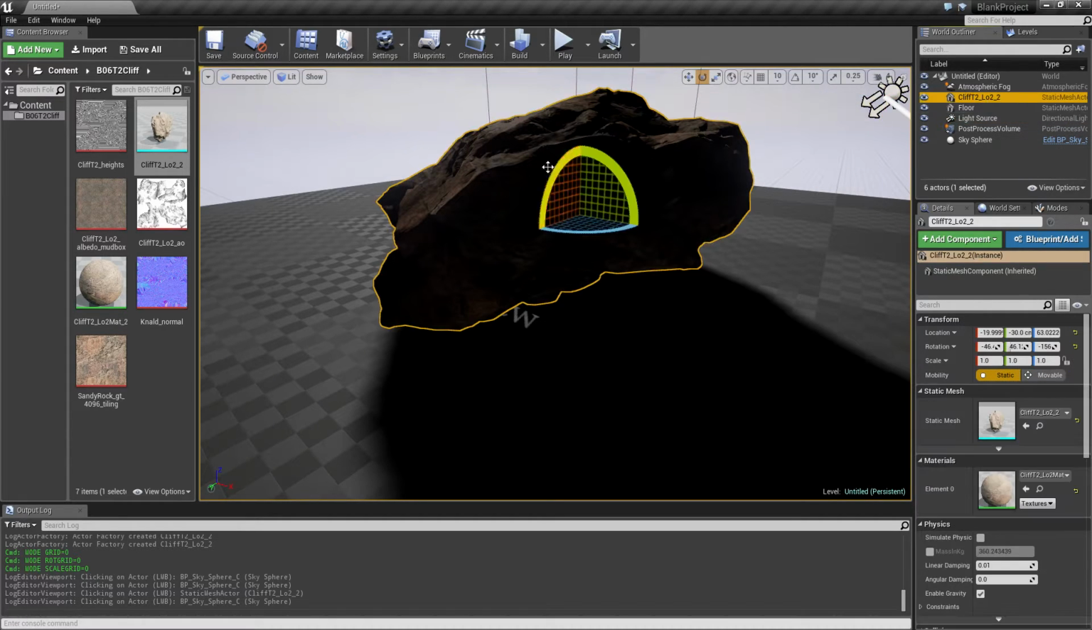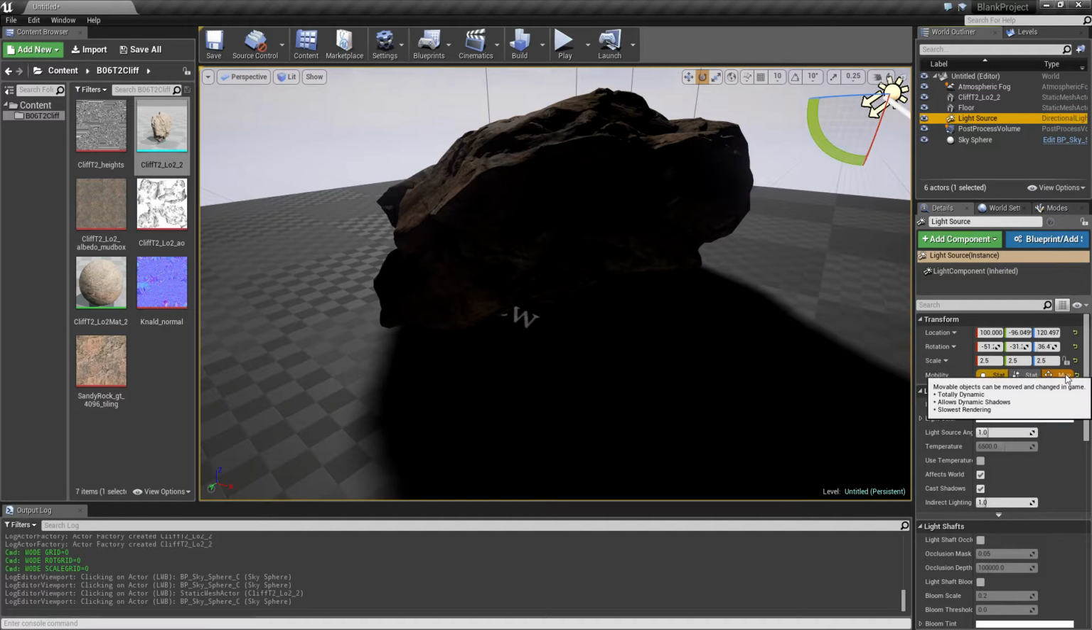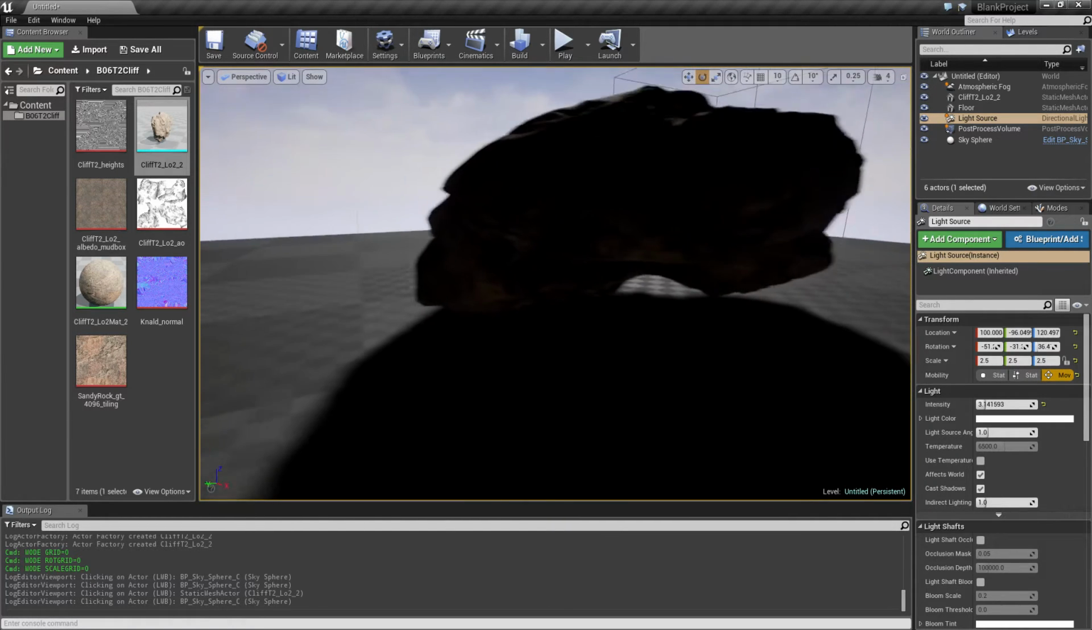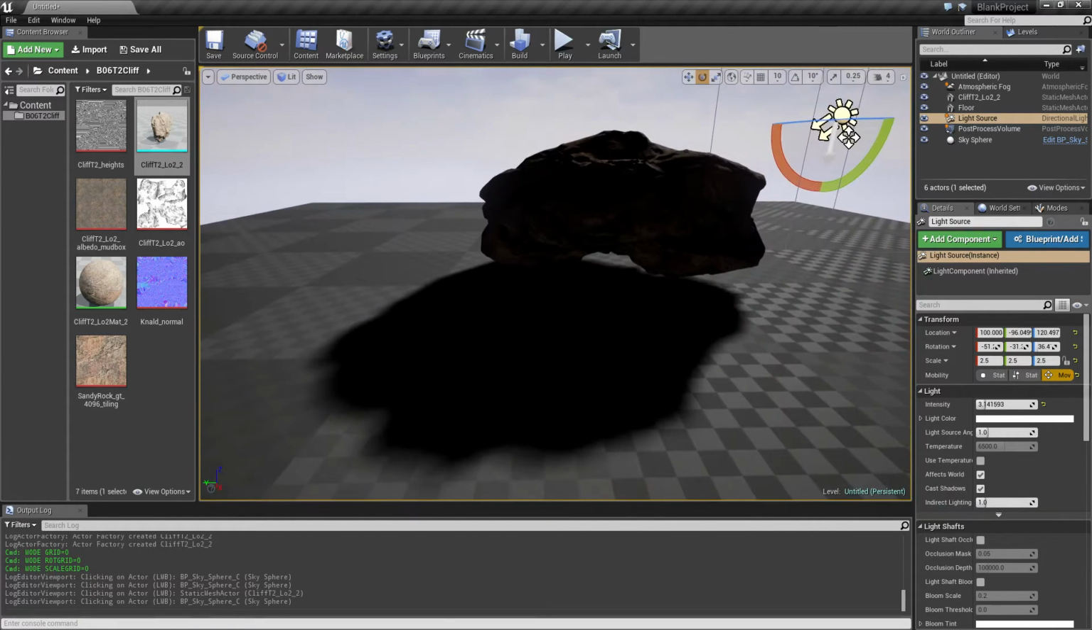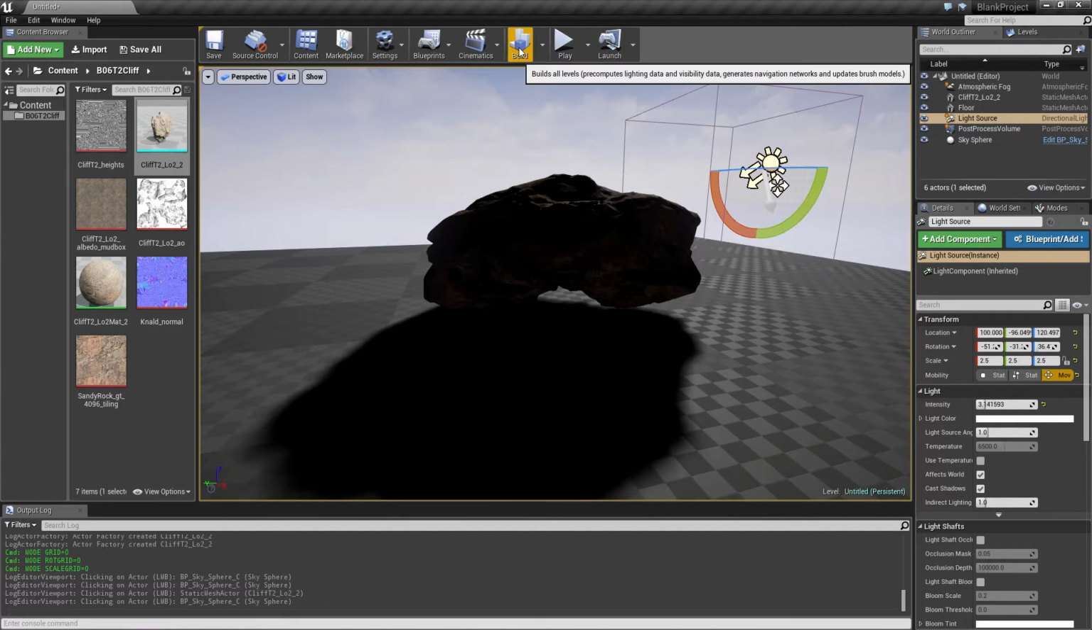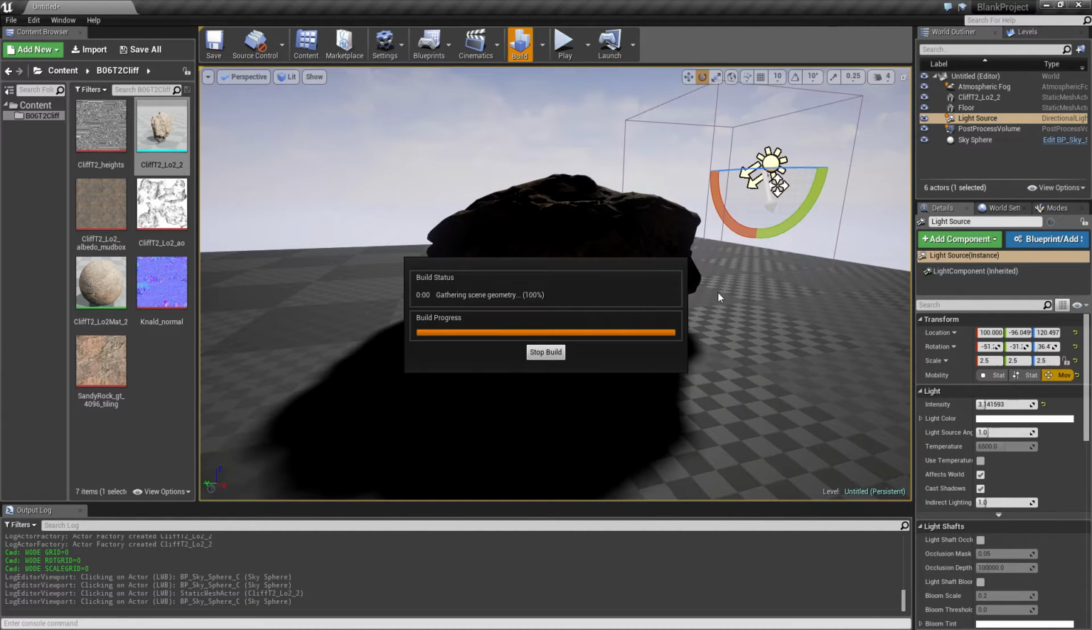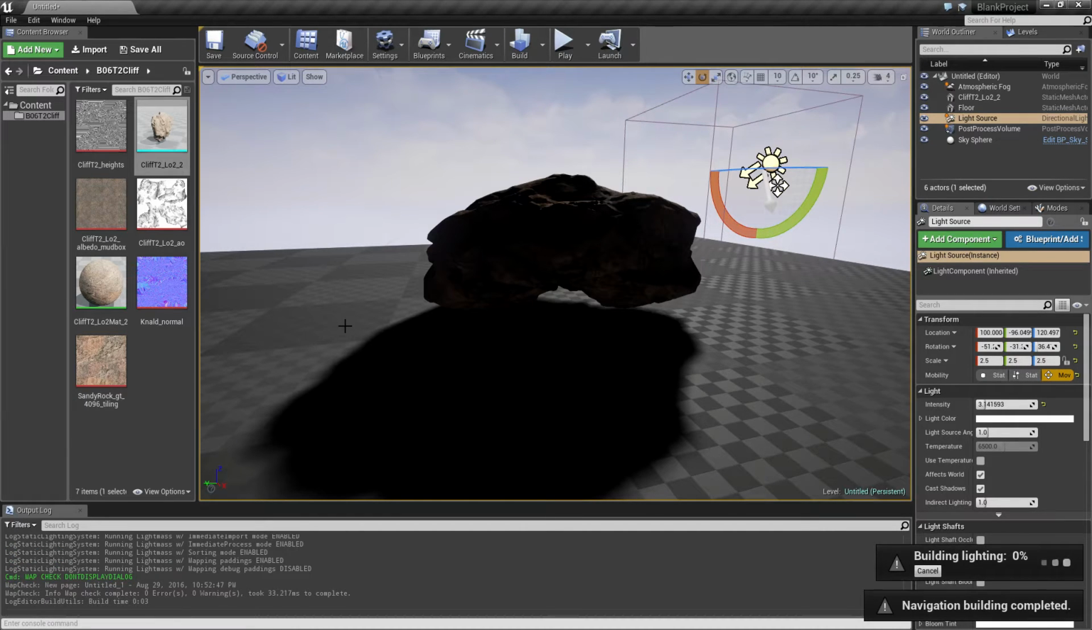So for example, the cliff, this is currently set to static. So if I set it to movable, it becomes orange as well. So that's a good little thing to know. Right, so I'm going to set our directional light to movable, and that alone doesn't really do much. So I'm going to build lighting just to see what that changes,